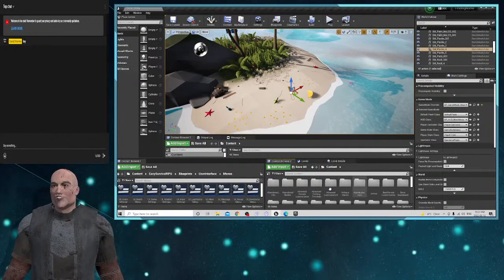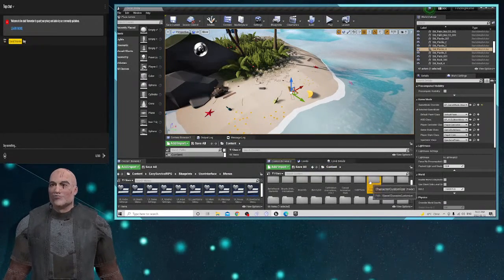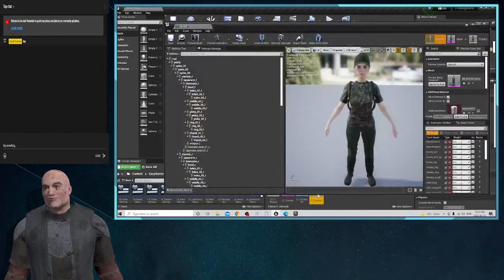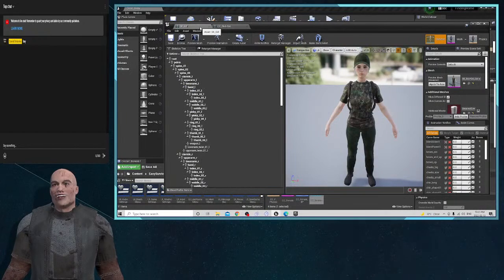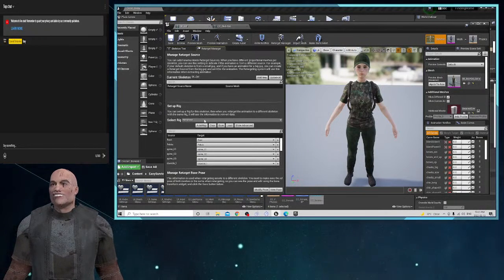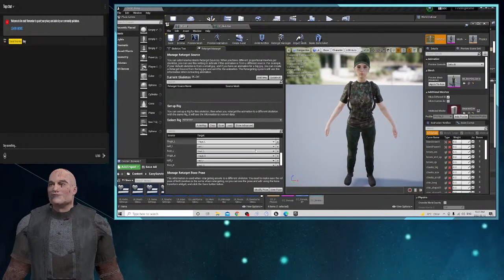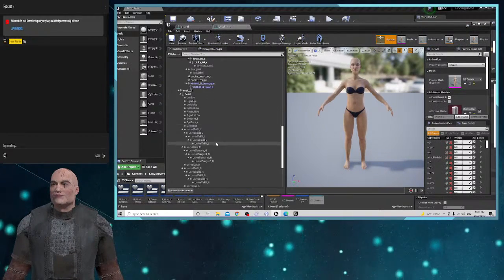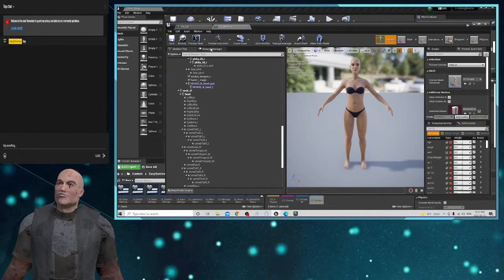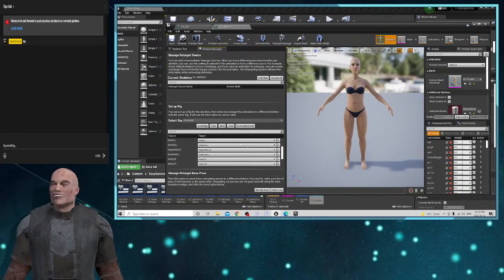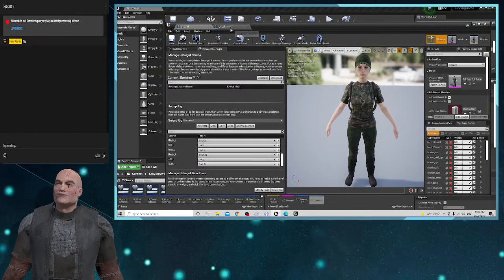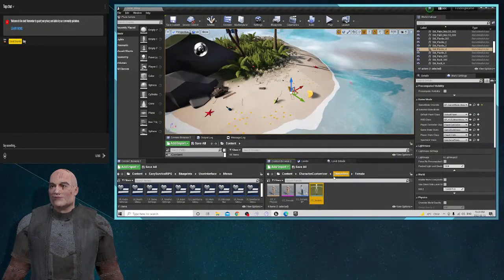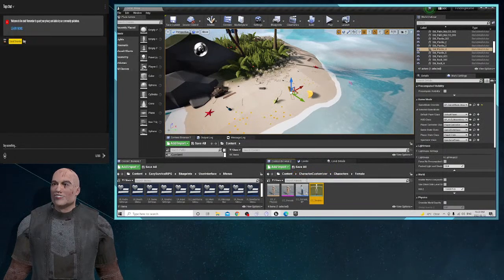Then I'll go to this character customize female character, her skeleton, and I will make sure the retargets are the same, humanoids, all the bones are the same. Well, this girl will have extra bones, but all this stuff's the same. And then once that's all found out properly, then